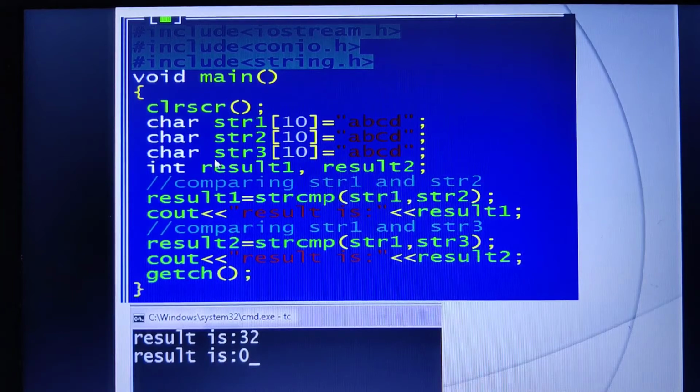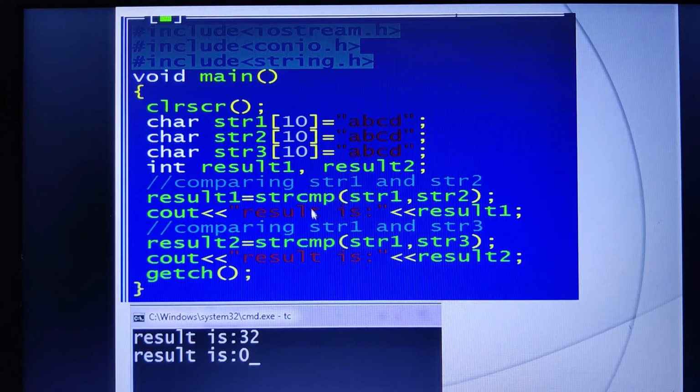Now let's see how it works. I've taken two integer values, result 1 and result 2. Now see here, this is a comment. If I am giving a single line comment, it should be preceded by a double slash. If it is a multi-line comment, where I want to make two lines together a comment, then I use forward slash asterisk, and after the two lines, a closing asterisk and then forward slash. This is how we give a multiple line comment, and that is a single line comment.